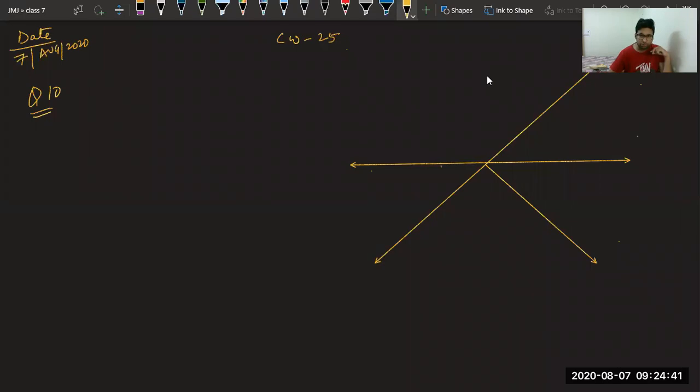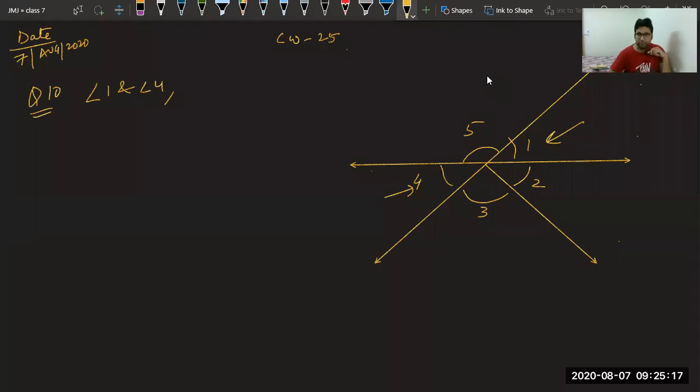Now we have 4, we have 5, we have 1, we have 2, and we have 3. The first part is asking: indicate which pairs of angles are vertically opposite angles. All of you please help me. Which pairs are vertically opposite angles? Yes, 1 and 4 are vertically opposite angles because they are formed by straight lines. So angle 1 and angle 4. Second one, is there any other pair that you have?